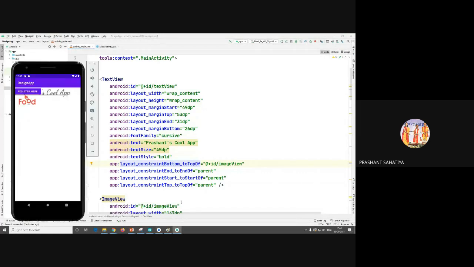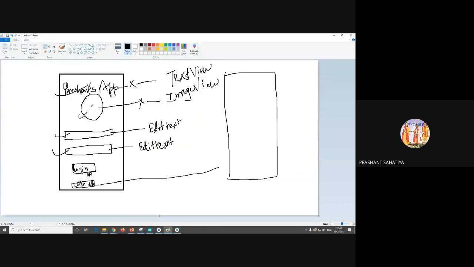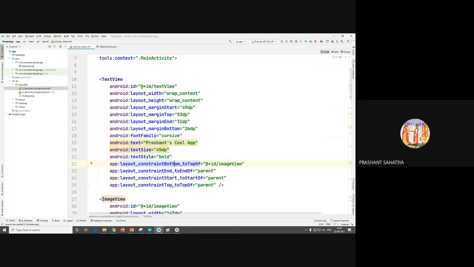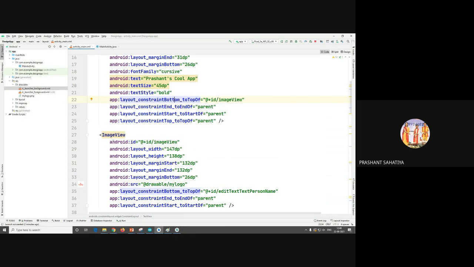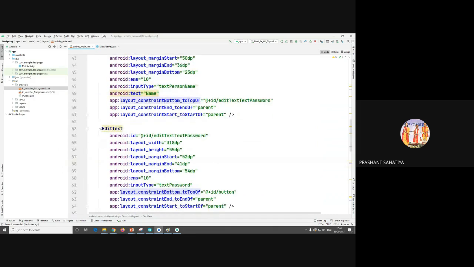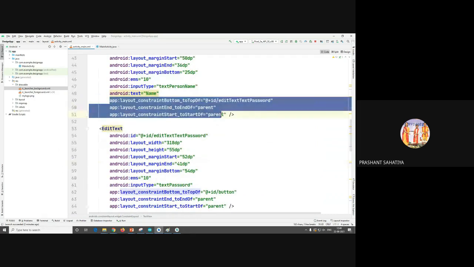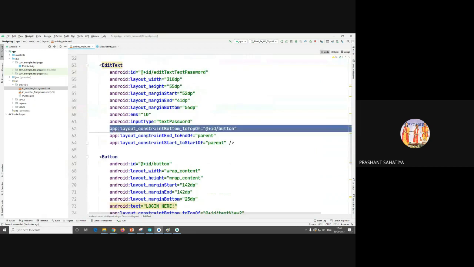See this image view, this particular component is at the top of this one. So that's how they are relating each and every component. Okay, so 4 constraints are added in each and every thing. Okay, my mistake, 3. Initially we added 4 and the remaining we added only 3.